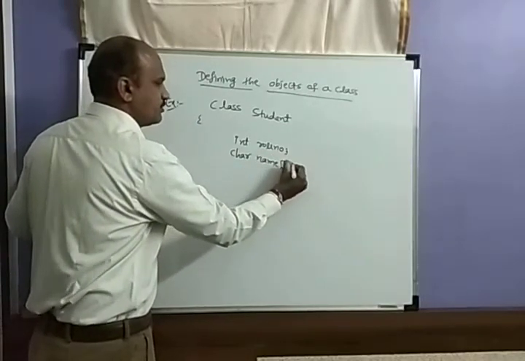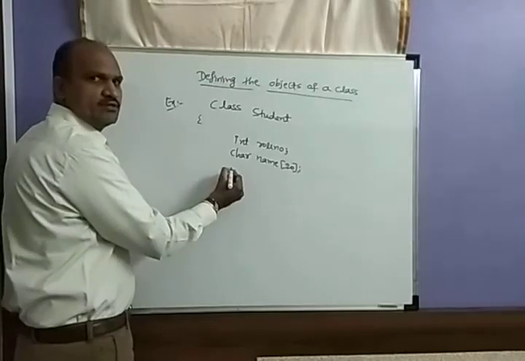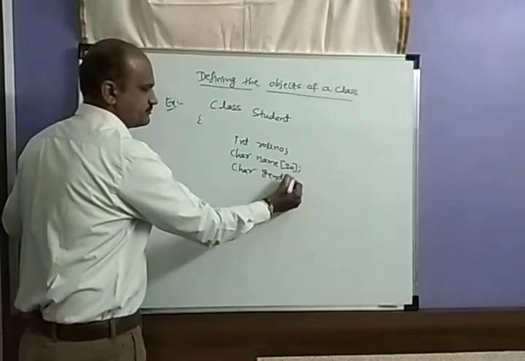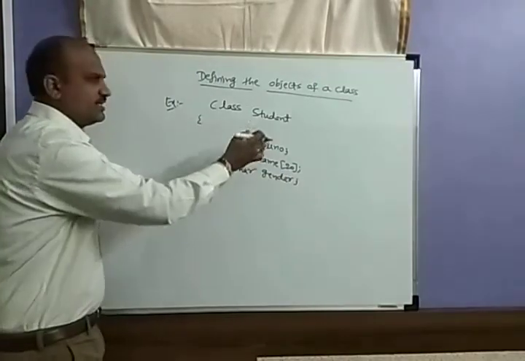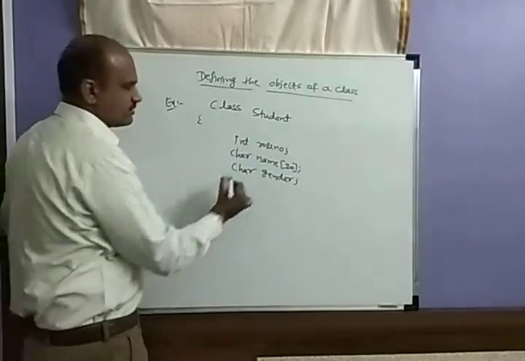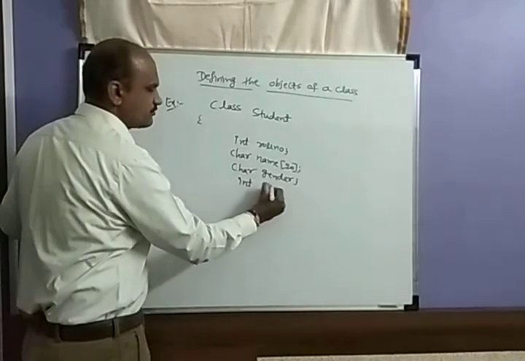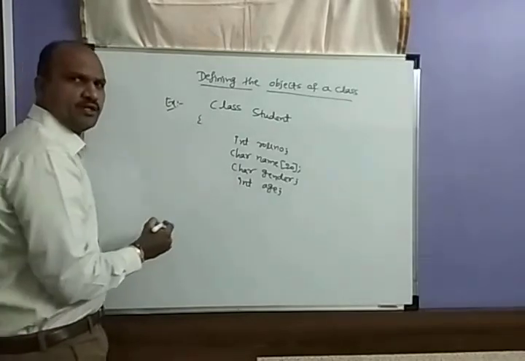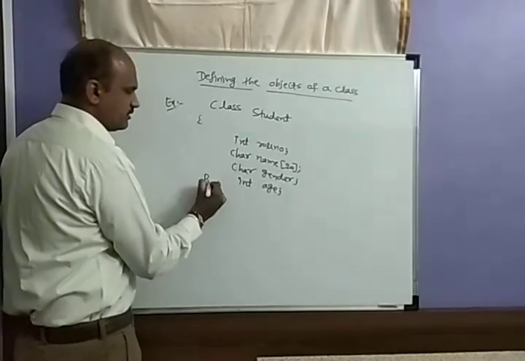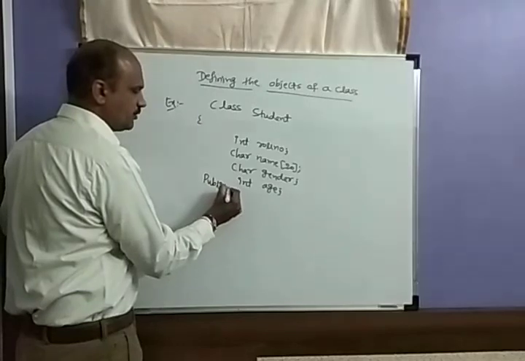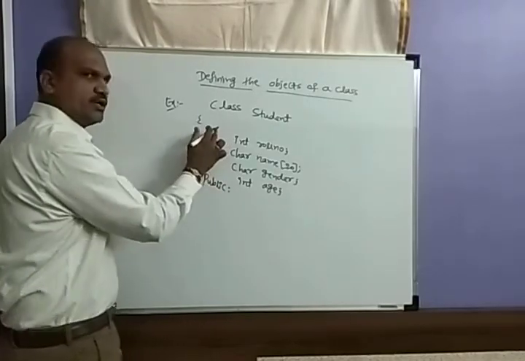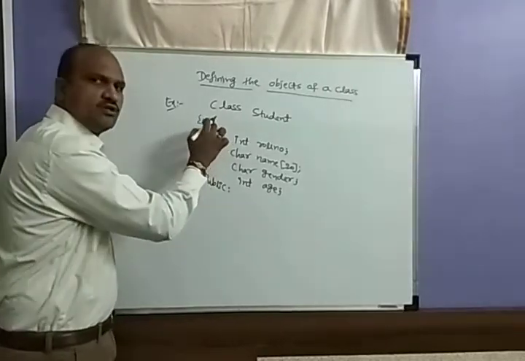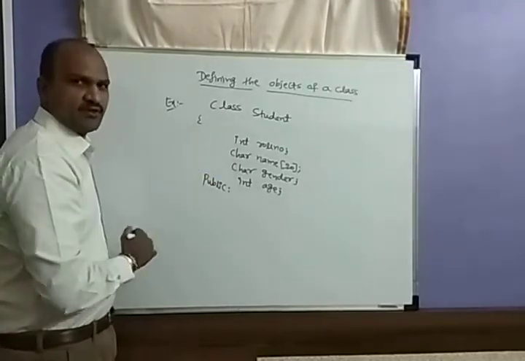Next we will have a character again for the gender, whatever data we require for the student. So we can write so many things. You have age, roll number, phone number, address, you have so many. Then public. So by default, as I told you, here we will not define the private. It will automatically take it as private. If you write it or don't write it, it will take it as private only.